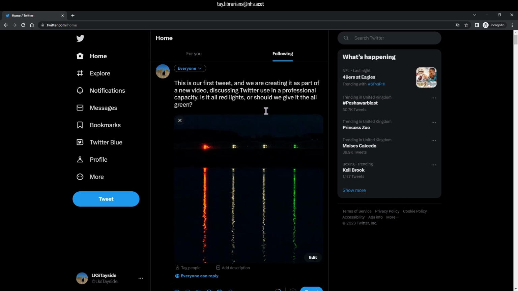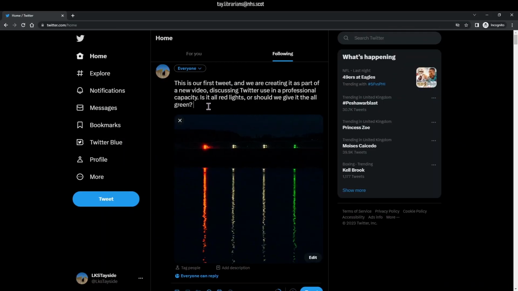Right, so now I've made it topical. I've added that picture to the tweet, and I've used the picture to broaden my message a bit and hopefully get a bit of interest. So thinking about how you compose your tweets is quite useful. And then we could say health libraries as a hashtag. Not that it links to this particular message, but then I know that people follow the hashtag health libraries. They might see this tweet and go, oh, here's another health library, let's follow it. So that might be useful.